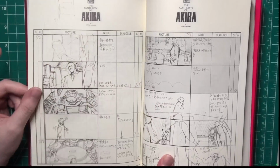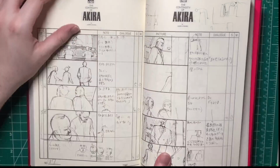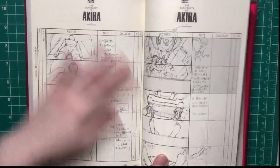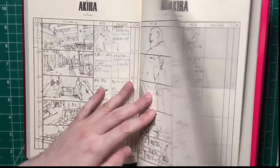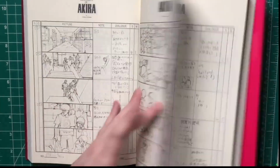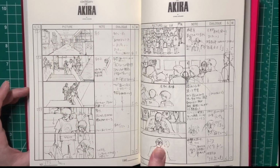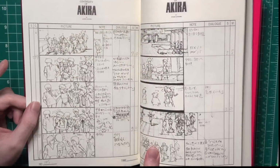Yeah. These books really are great. I have the keyframes one as well. So we'll look through that at some point. Just some great drawing. And everything is so fluid. I mean, it's like he understood